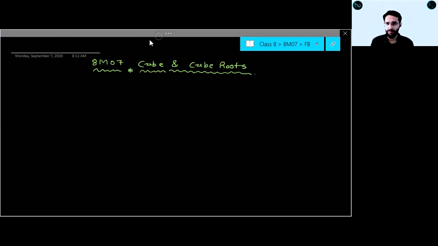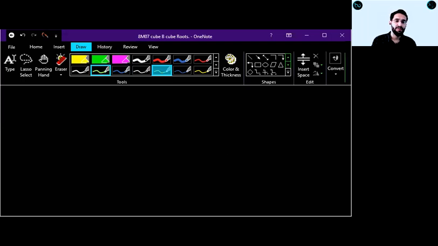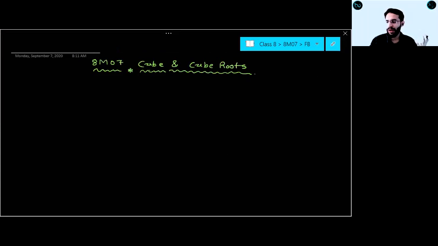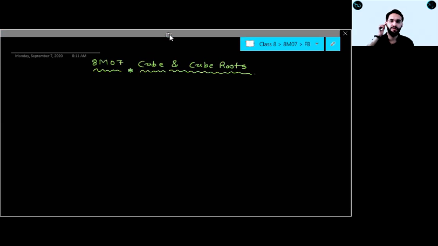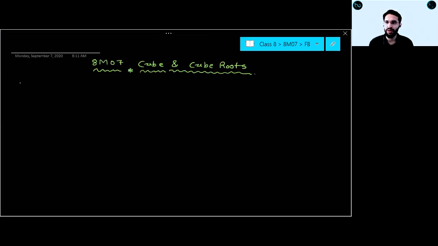So first, what did you learn about square? We will revise our square and square root concepts, and those concepts we will apply here, right? So first tell me, what do you mean by square of a number? From that we will write cube of a number. Raise your hand. Who will tell me square of a number?